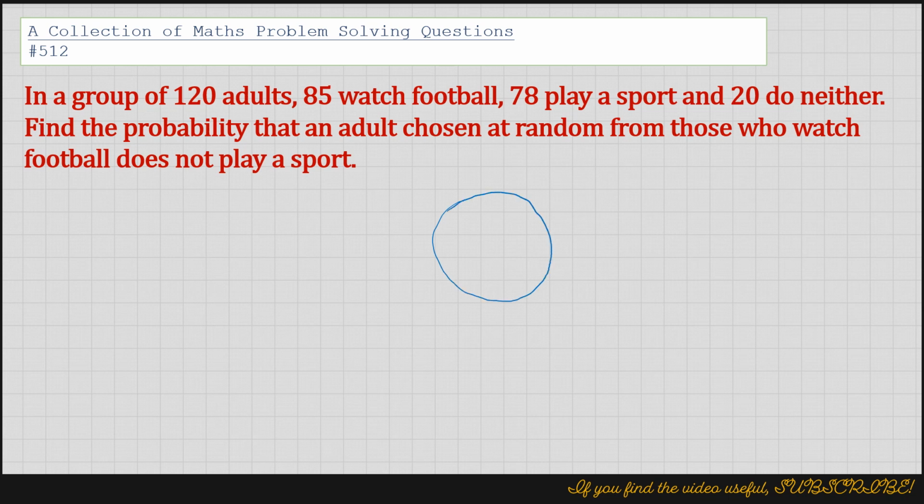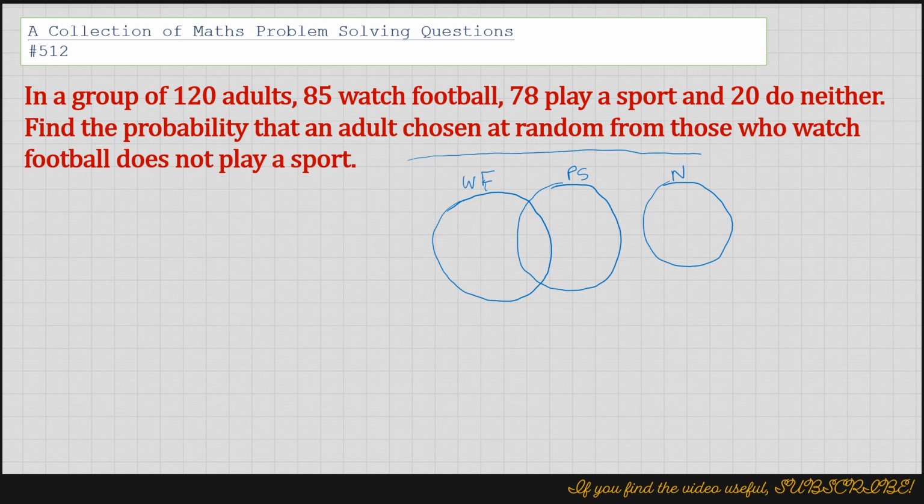So this circle here could represent those who watch football. So I will say watch football, that's WF, watching football, and 78 play a sport. So there is an overlap between those watching football and those who play a sport. So we're going to do another circle, overlapping part, and they play a sport, so we will say play a sport. Okay, and 20 do neither, so they are outside this group, so this is neither,